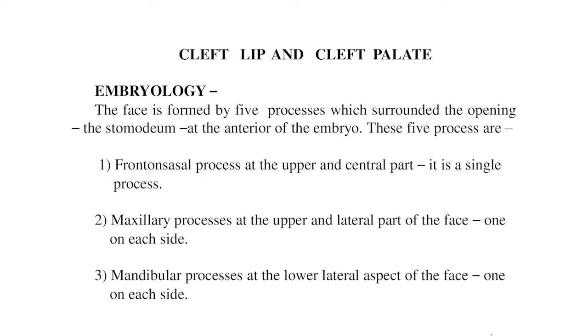The maxillary process forms the cheek, the whole of the upper lip except the philtrum, most of the upper jaw and the palate. The mandibular process forms the lower jaw. The upper lip is thus formed centrally from the superficial part of the medial nasal process, which is called the philtrum, and laterally by the maxillary process from each side, which fuses with the medial nasal process. The palate develops from 3 components: the premaxilla, which is developed from the median nasal process, and 2 palatine processes of the maxilla, coming one from each side and fusing in the midline, and also with the premaxilla, to form the palate. Defect in this fusion will lead to the development of the cleft palate.